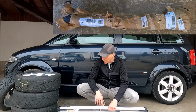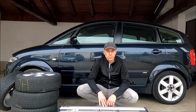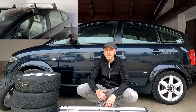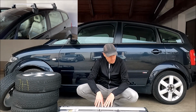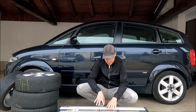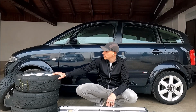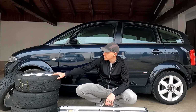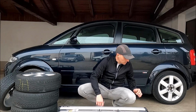But okay, I'm really happy that I got them, because the Audi A2 has a very small boot space, and if we go camping with this, I will definitely need roof bars, and they are not so easy to find. So this is the second thing. So first are the tires. They have one story behind them, with factory wheels with factory tires still. Then these roof bars, and now let me show you these